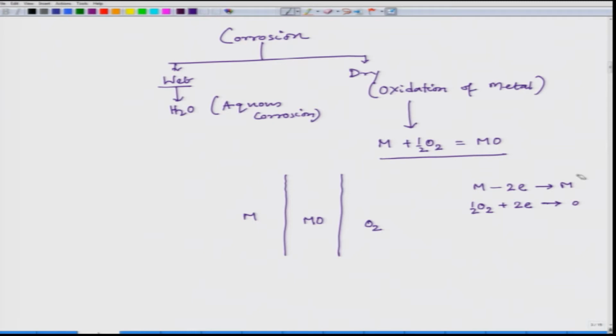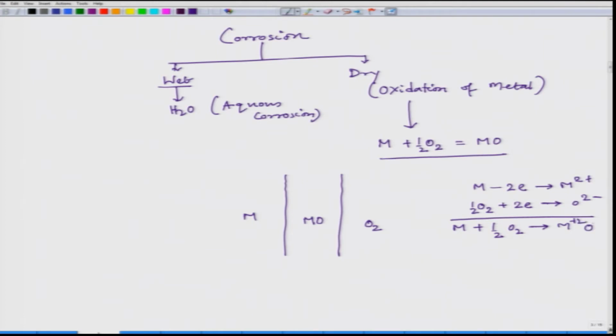Since we have this notation 2+ and 2-, if they combine, you see M plus half O2